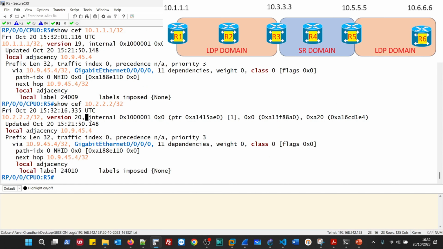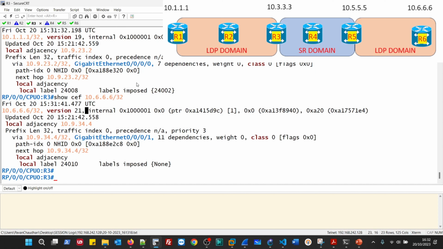And we don't have the labeled SR as well, because R1, R2 and R6 belong to the LDP domain, and segment routing domain routers don't have any information on how to calculate that one. If we check the database,